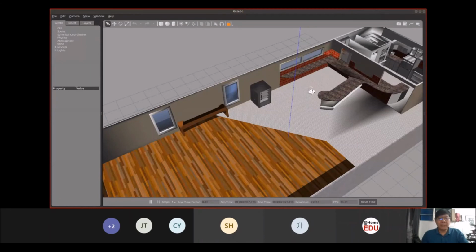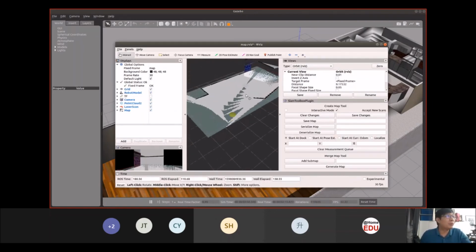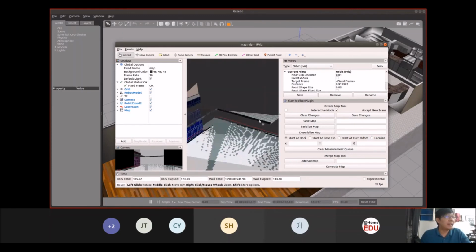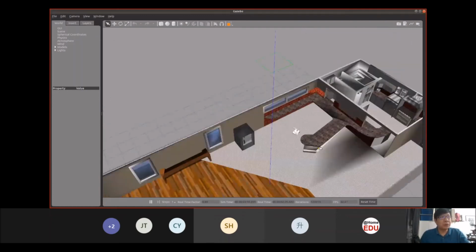All the environments, if you are using models from the Gazebo repository, are SDF files, and all of the models over here are Collada texture files. Like what Jeffrey stated just now, you can have all the collision data over there. That's why when you do navigation and use a depth camera, you can see the depth points from the model itself. You won't lose any information. You won't get transparent objects, in a sense.